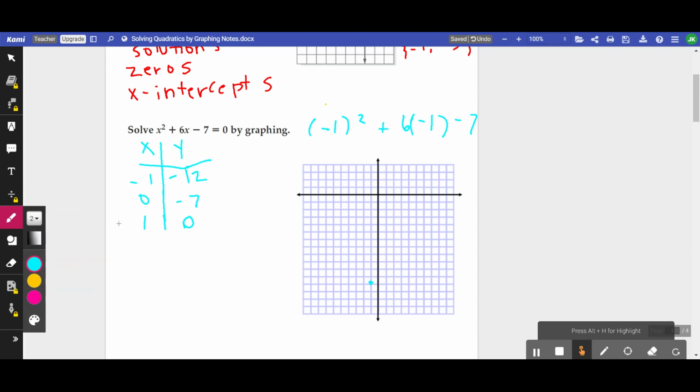And then your next point, 0, -7. So that'll be here. And then 1, 0. So that'd be here. I'm going to change the color of these just so that they're easier to see. And then,